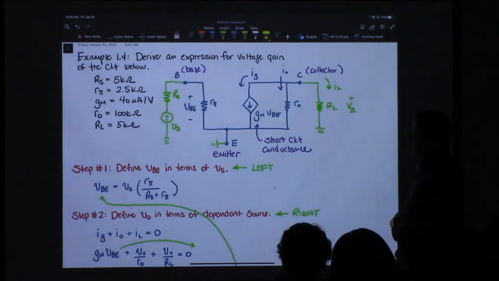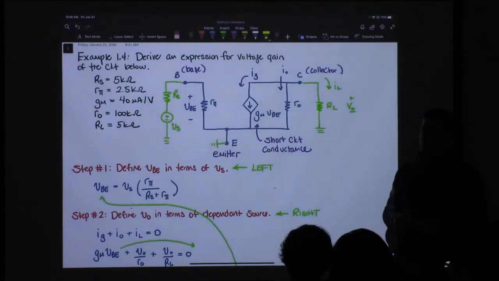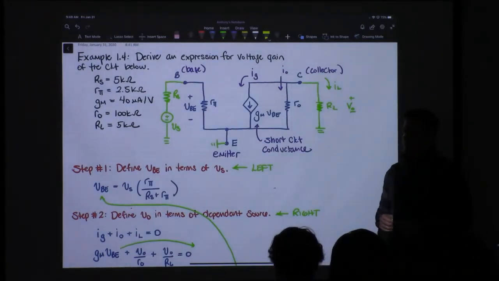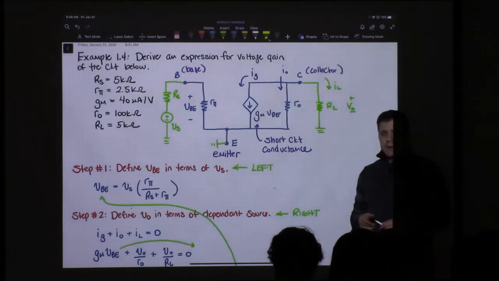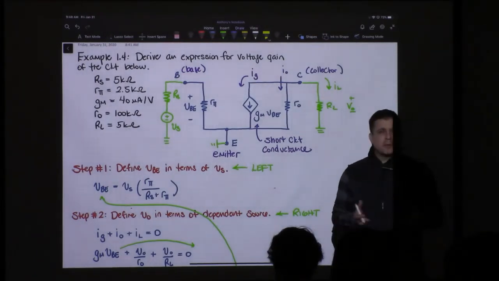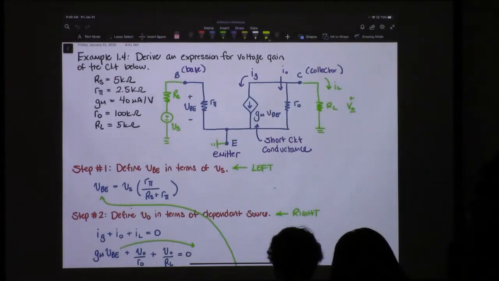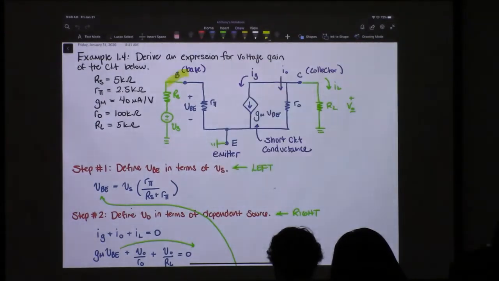Okay, so how are we going to analyze this circuit? That's the first question I want to ask. We've done this several times where we've seen amplifier-like circuits with a dependent source, and what we normally do is split it up into two different pieces. So we're going to analyze the left-hand side first. Let's take a look at how the left-hand side works. The left-hand side, this right here,